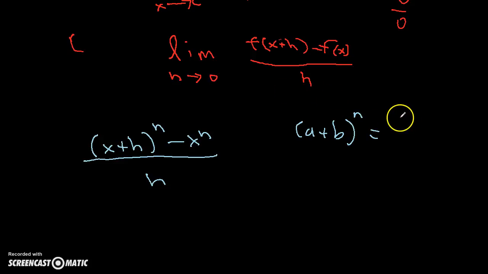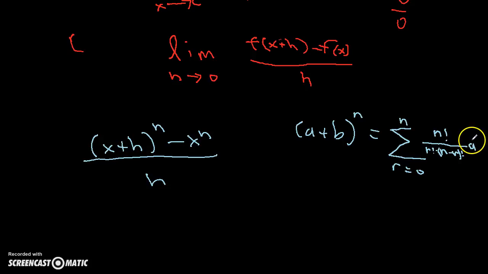It's going to be the sum from r equals 0 to n, that's how many terms there are, of n factorial divided by r factorial times (n minus r) factorial. That's the whole thing. Hope I have room enough for this, times